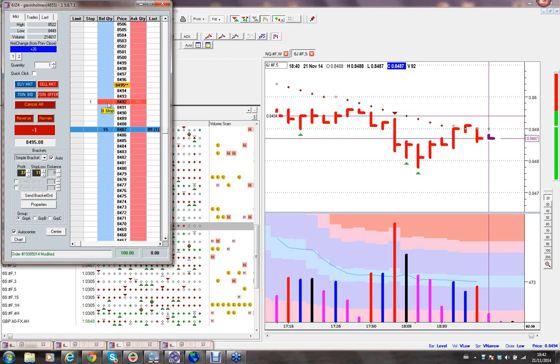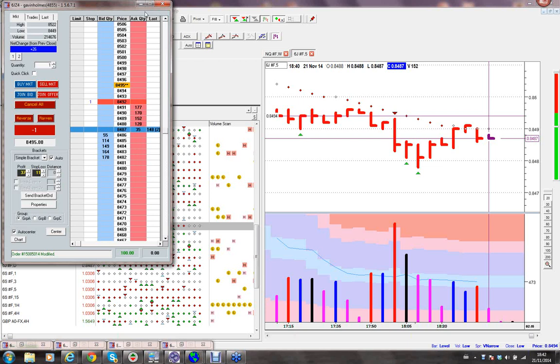There's my entry. There's my stop. I'm in a winning trade. Why close that one out? Let's see if it runs. If it doesn't, I'll take $37.50. That'll cover my commission. I won't lose any money. And today I've added nearly 10% to the account.